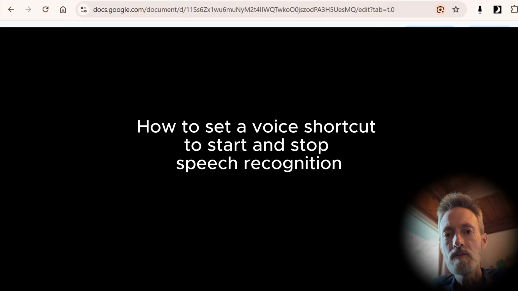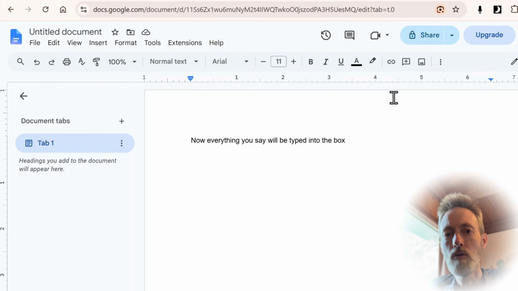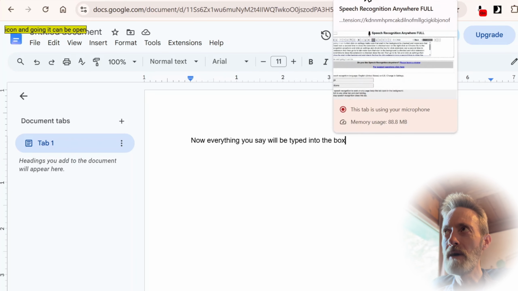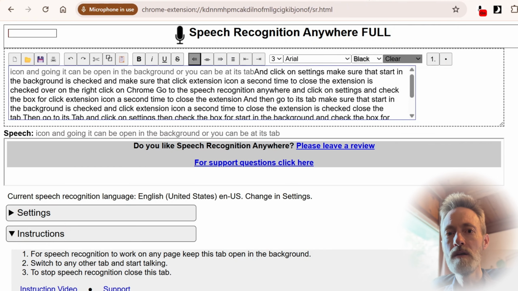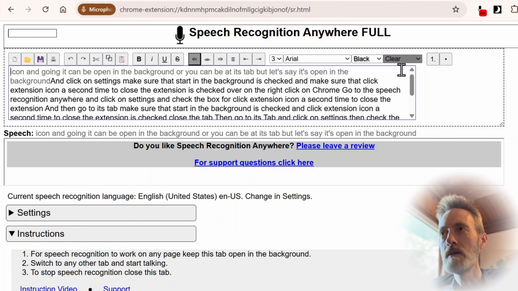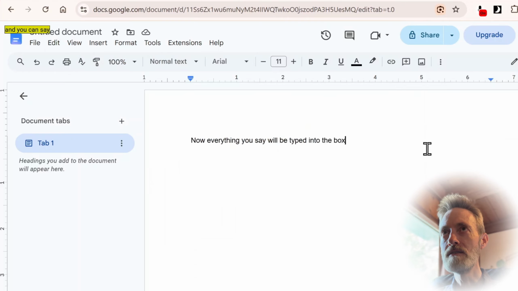How to set a voice shortcut to start and stop speech recognition. If you have the Speech Recognition tab open by clicking on the Speech Recognition Anywhere icon, it can be open in the background or you can be at its tab, but let's say it's open in the background, and you can say, "Disable dictation." Now it won't type what you say on the screen,